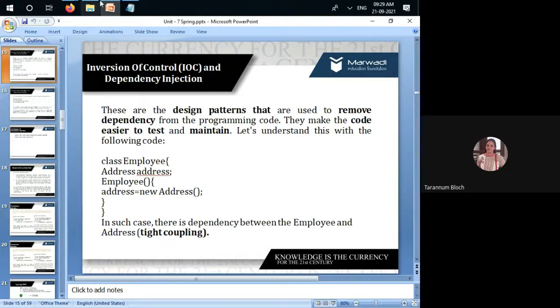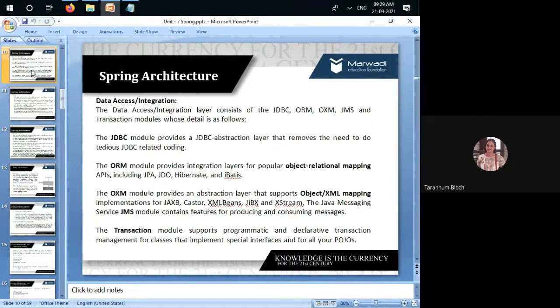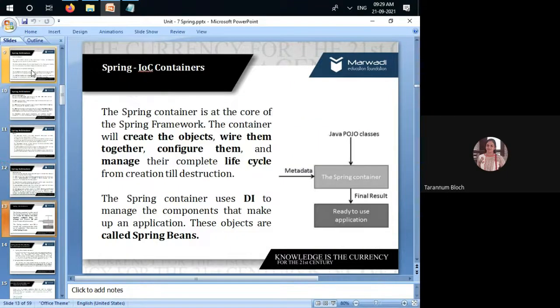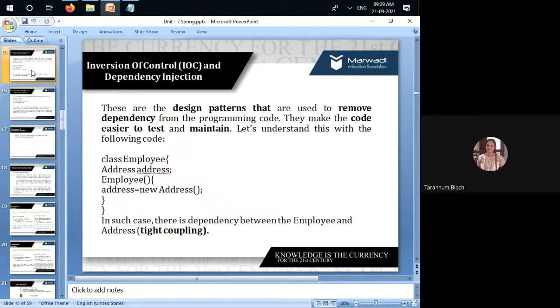What did we discuss today? We discussed the miscellaneous module, web module and core container module of the Spring architecture. Along with that, we discussed what an IOC container is, and we defined that there are 2 distinct types of container available in the Spring framework: the Spring BeanFactory container and the Spring ApplicationContext container. Along with that, we defined tight coupling of code where dependency is high, and we said it's not good because it creates difficulties in testing and maintenance of the software.